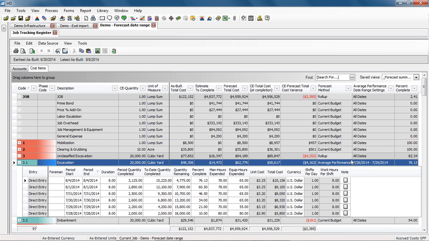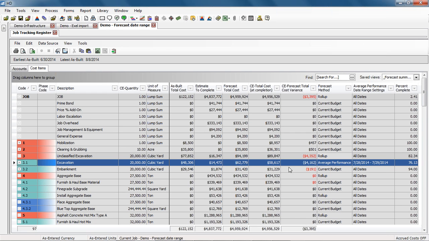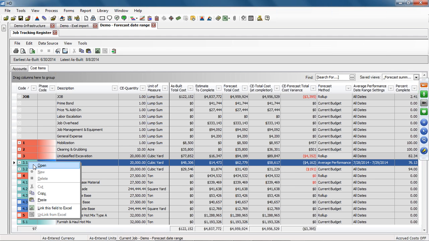So I can select those. Again, we have visibility here in the register view, what dates are being used, calculating my new ETC number, giving me my new EAC number. So from the register, again, I've been managing that from the register, and again, we can go into the cost